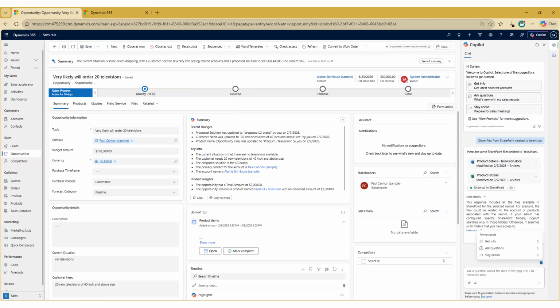If I click on this show all in SharePoint, then it will open a new tab in SharePoint, and it will show both of these files together in that new tab. And similar to get files, we also have one more option here in the prompt, that is get info from SharePoint. If I click on this get info from SharePoint,